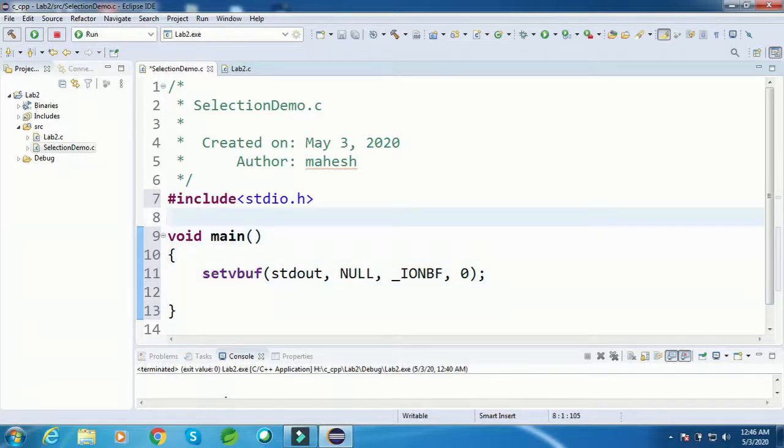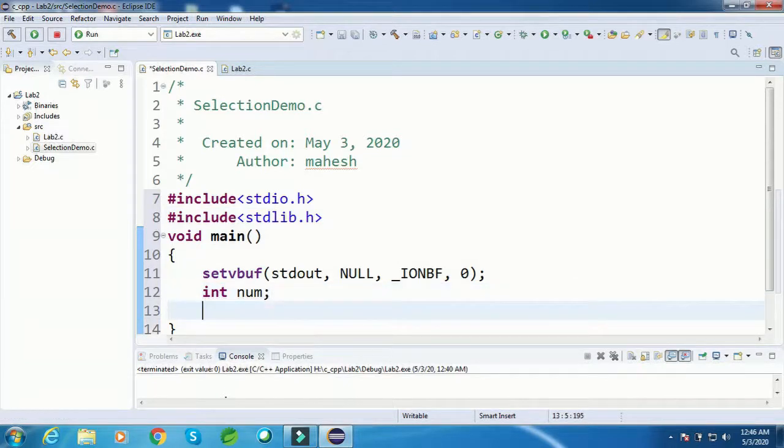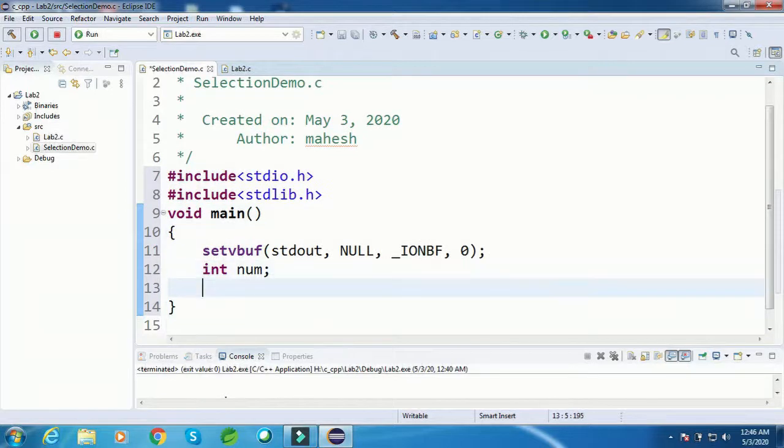Then I can type here #include stdlib.h. So I have to declare a variable. The variable name is num1 or num. I have declared a variable. Now I am just going to print a message on the console that I want the user to enter a number. So I am going to say printf, here I am going to say enter